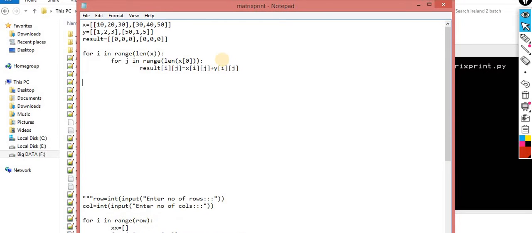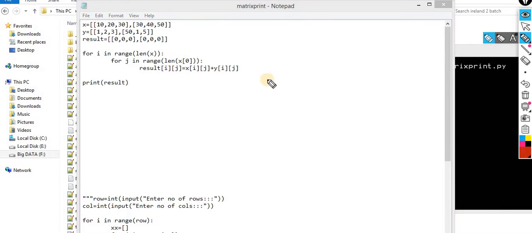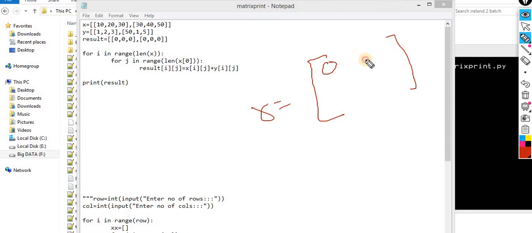And finally you are supposed to print it, print of result. I think it will work fine. Okay, so this one is the way it will pick out. Now observe this scenario, how exactly we have the result matrix. This one is a result matrix with 0 0 0 0 0 0. Now I have to overwrite these values. What value do I need over here? This one, 11. So output would be 11.